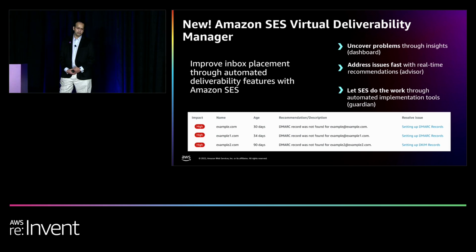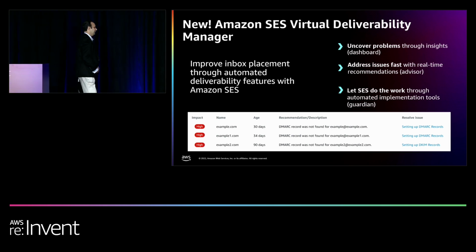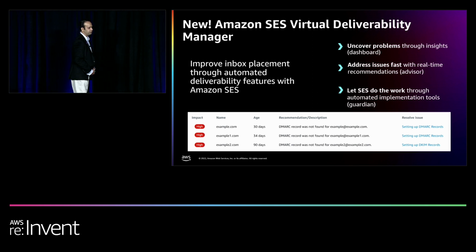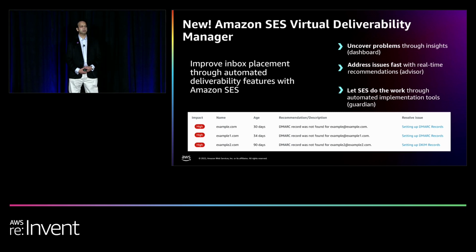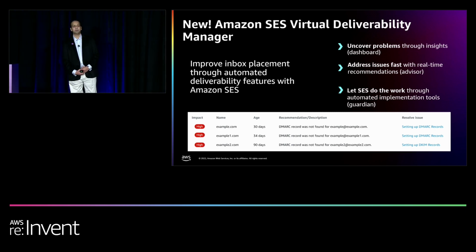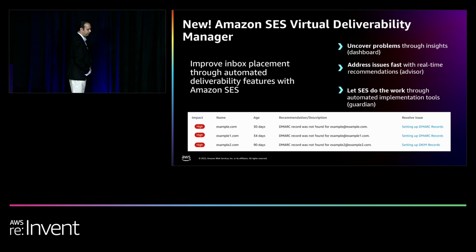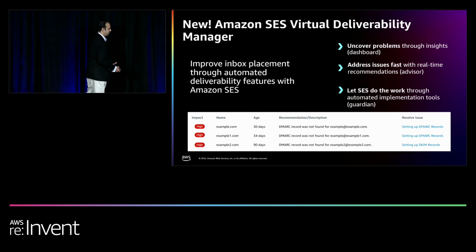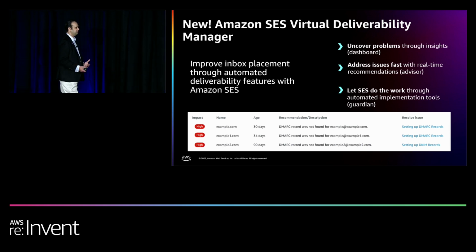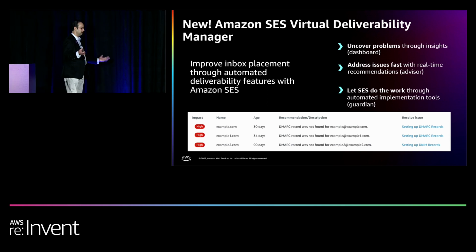So coming back to that reliability and deliverability and availability problem, Simple Email Service also launched some features at re:Invent that we feel will be quite useful for our customers. And this is really focused around the deliverability problem and reputation aspect of email. This is something that tends to be overlooked by folks who are trying to build email microservices. When an app is being built or when they first get started, it's sometimes easy just to use the mail relay services that are available to you or use the email services that might be in your organization, whether that's Exchange or an SMTP endpoint that's homegrown within the org.